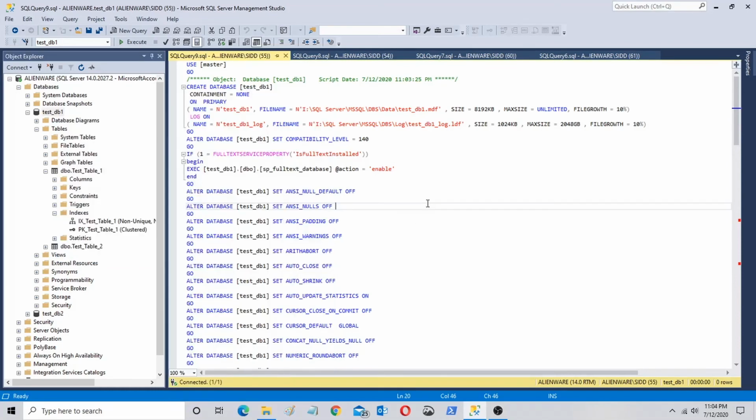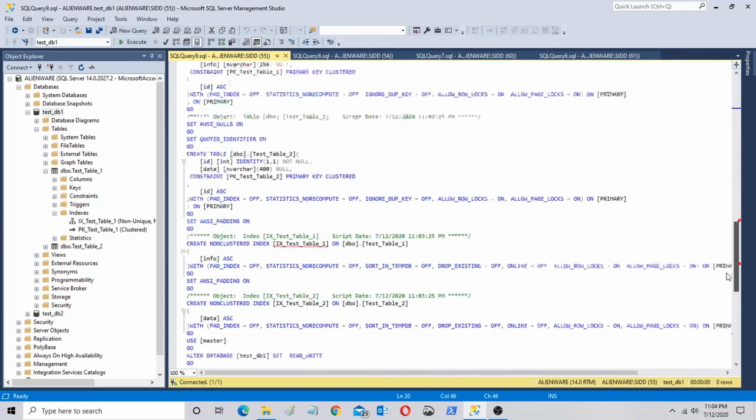All right, so these are the two methods by which you can generate a script for a particular object, even for a database or for a group of objects. These are the options available to you through SSMS, and these are very good options.